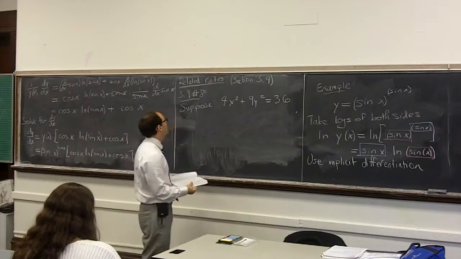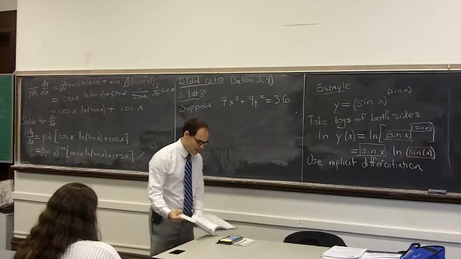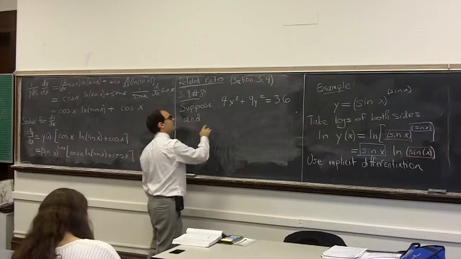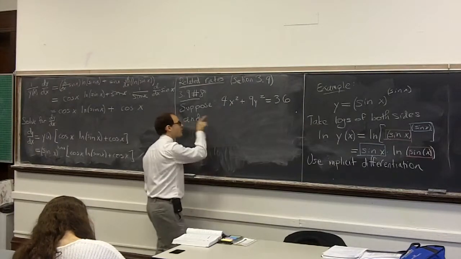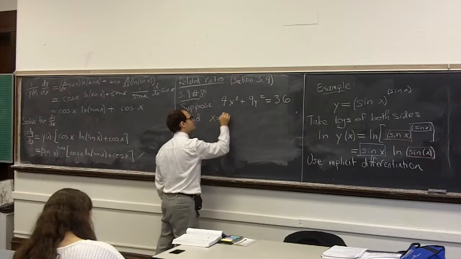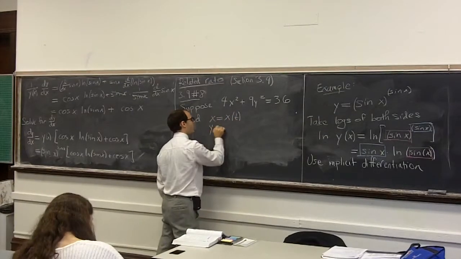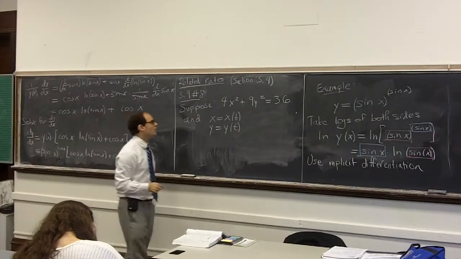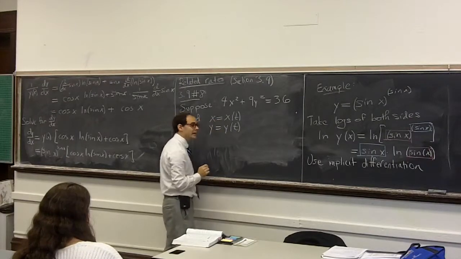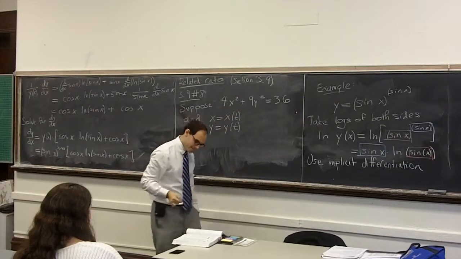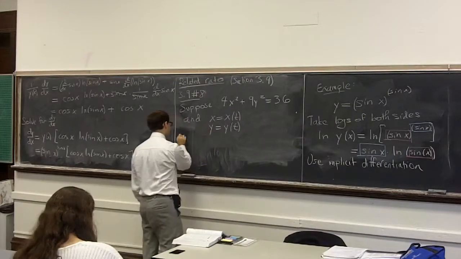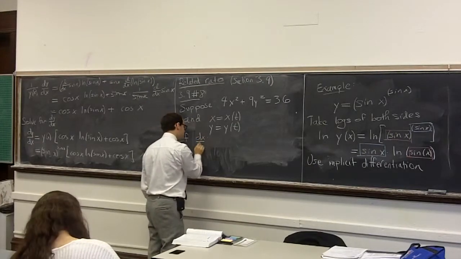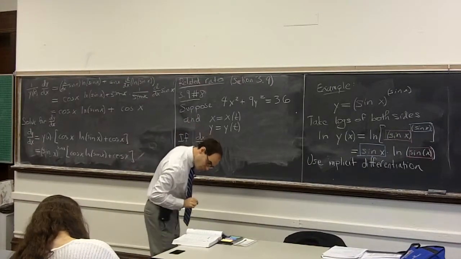Okay. Now, what we're going to do, though, is we're going to make the assumption that both x and y are functions of t. So thus far, we just know they're somehow related. Now I'm going to give you a little piece of information and say x is actually a function of t, and y is actually a function of t. So these two functions are related in some fashion. They're related through this equation. And then they say if they give you a derivative, dx/dt is equal to 1/3,